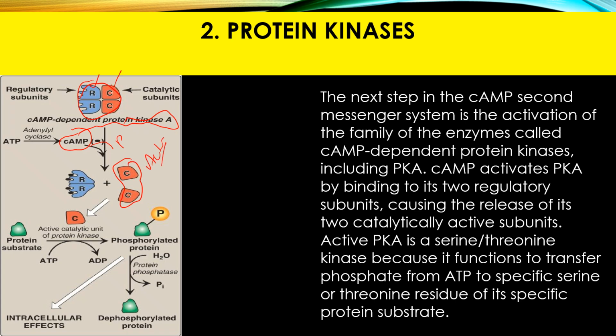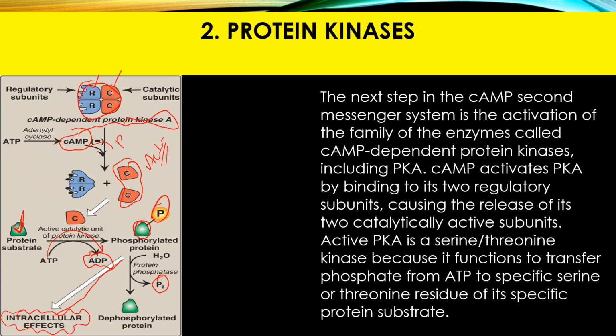active. Now after activation, it will attach to the protein substrate which is already present in the cell, and it will phosphorylate it through kinase activity. It converts ATP into ADP, or adenosine diphosphate, and when this protein is phosphorylated, it will become a signal again, and it has an intracellular effect, or it can stimulate the cell or it can inhibit cell functioning. And in the absence of cyclic AMP, the reverse reaction will occur, and when the phosphate is